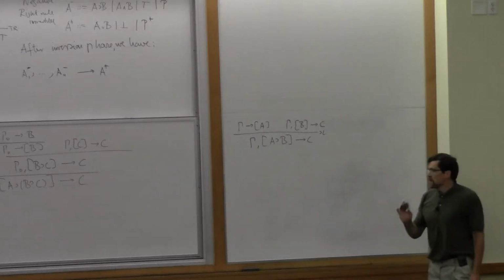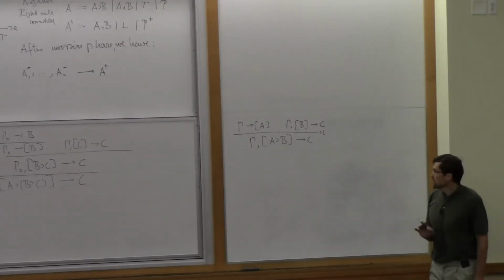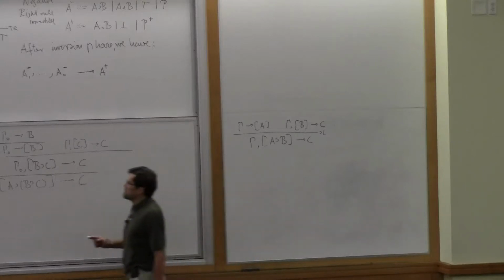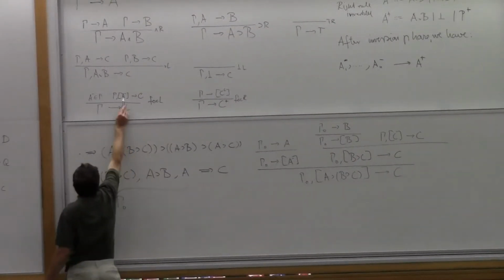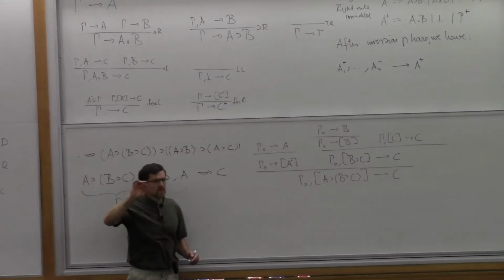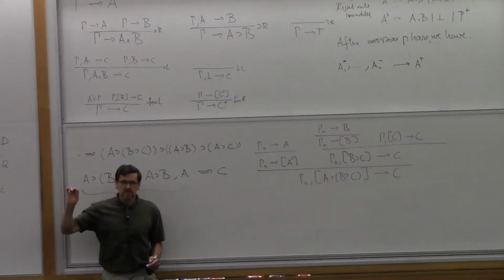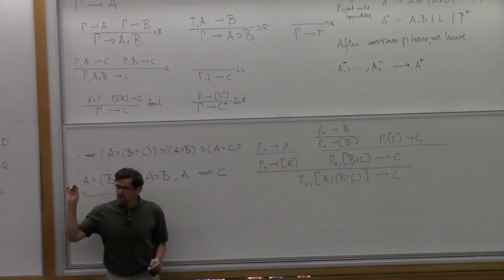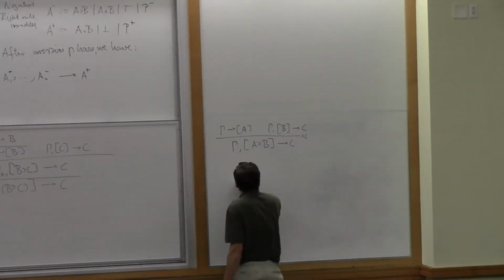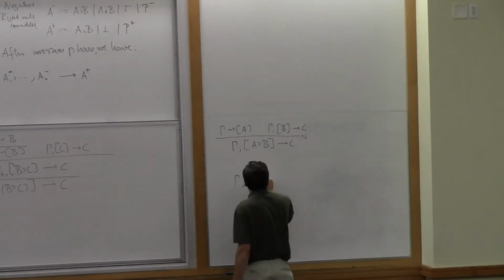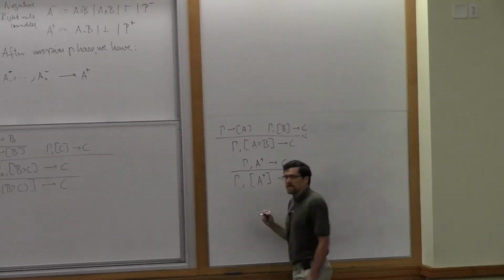Okay? So now the question is, when do we lose focus? So the idea is the following. When you focus on something on the left, it's going to be negative, and we'll continue to keep this in focus as long as it's negative. As long as the left rule is non-invertible, we're going to continue that in focus. And so that means we drop out of focus when on the left-hand side, we have a formula which is positive. Okay, does that make sense?